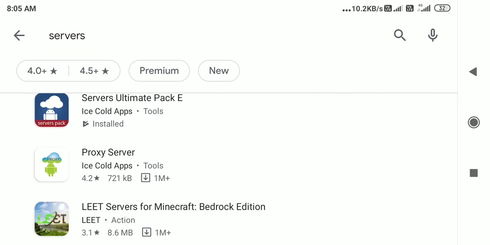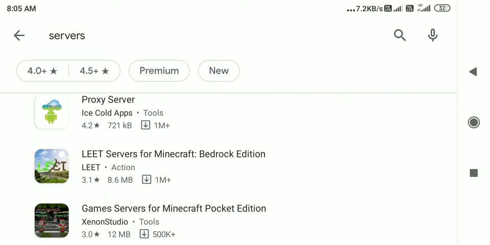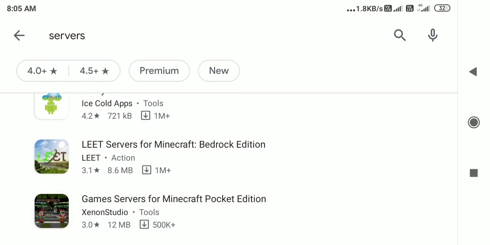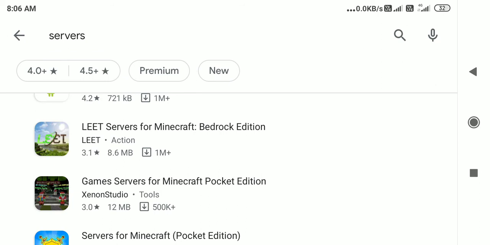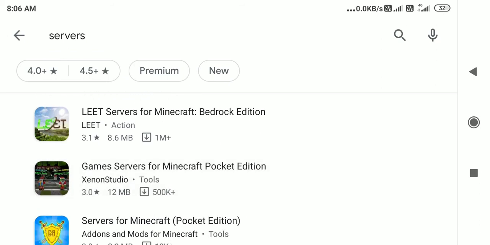Okay, proxy server we already saw. Lead servers was Minecraft. Lead is a kind of server for Minecraft. Minecraft is a kind of game. They are touch games, the roller games, the car driving games. Those kinds of things work on what is called the lead servers. Game servers are also a kind of same thing.